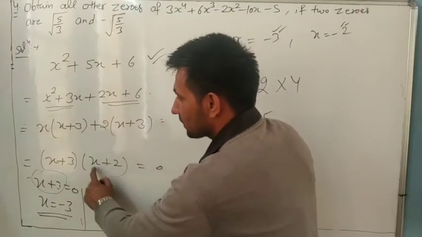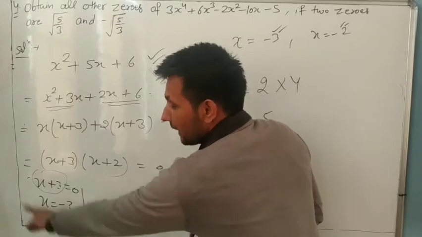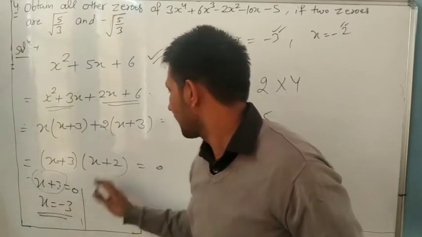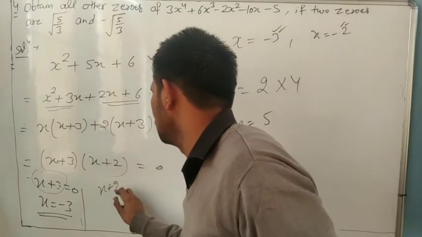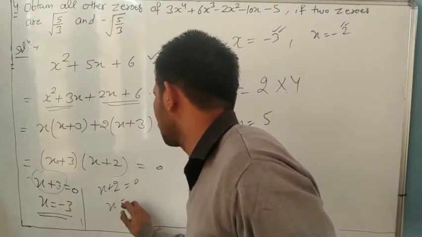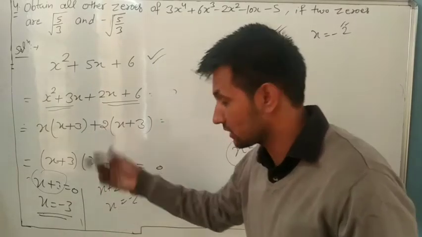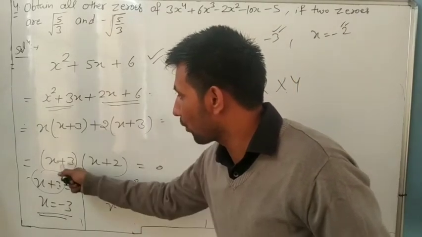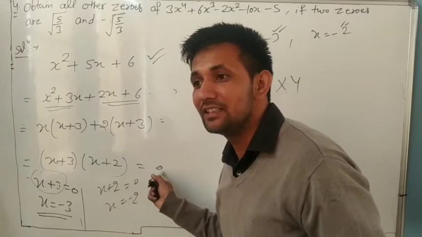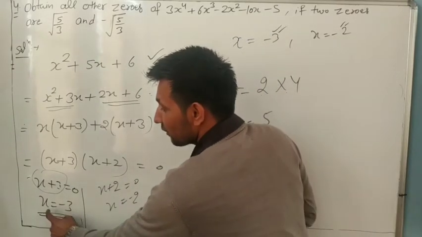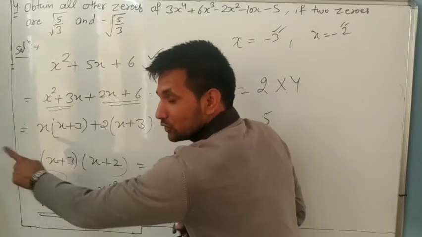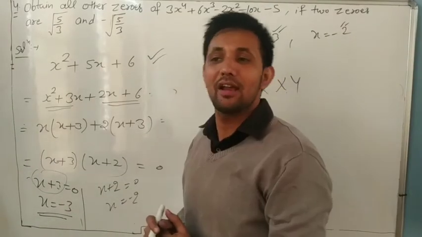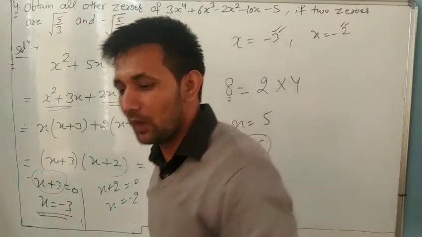Look at this, you can check it. Because x plus 3, x equal to minus 3, again reverse the process. And x plus 2 equal to 0, x equal to minus 2, reverse the process, x plus 2 equal to 0. Both numbers are 0, so the multiplication of both is 0. So if x equal to minus 3, on the other side positive, x plus 3 is the factor. Understand? And listen, one more thing.